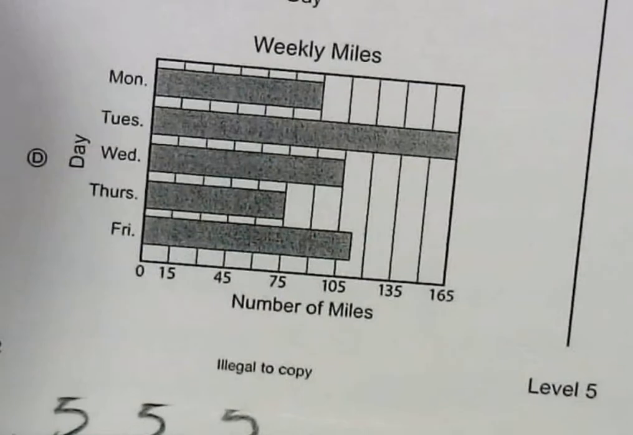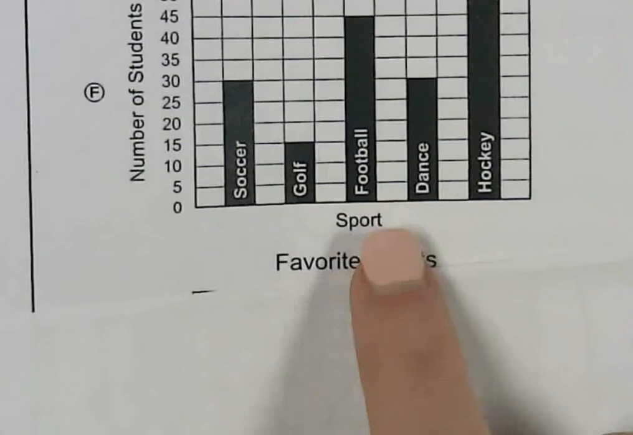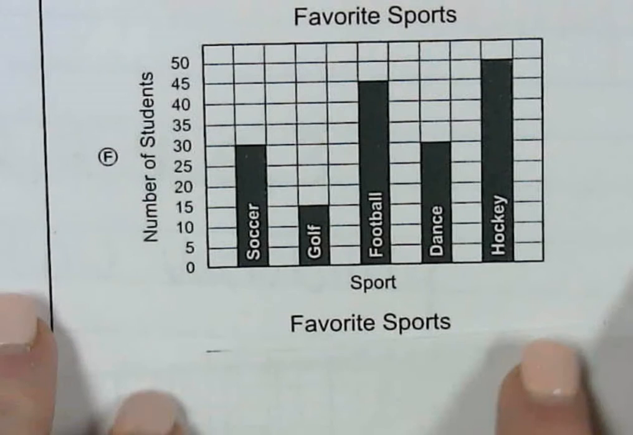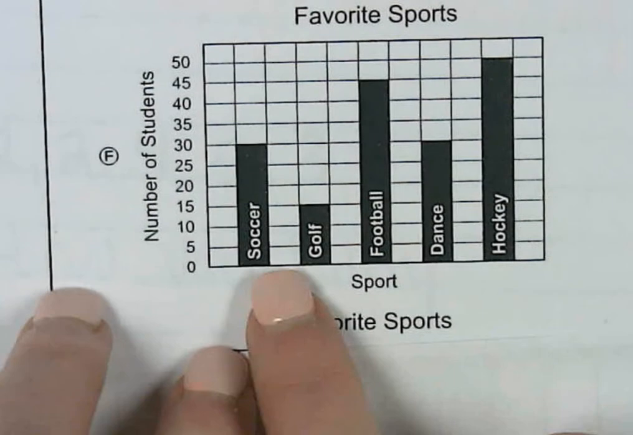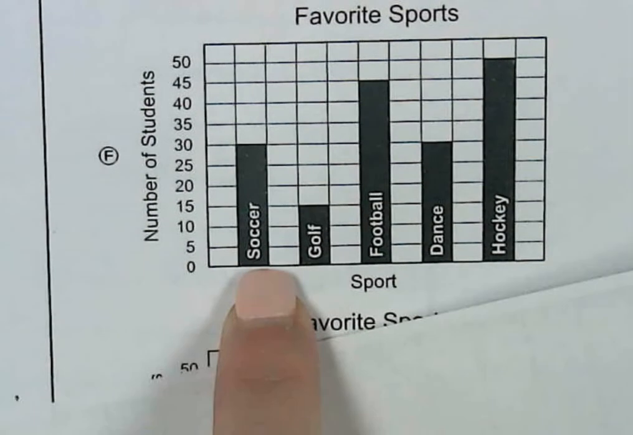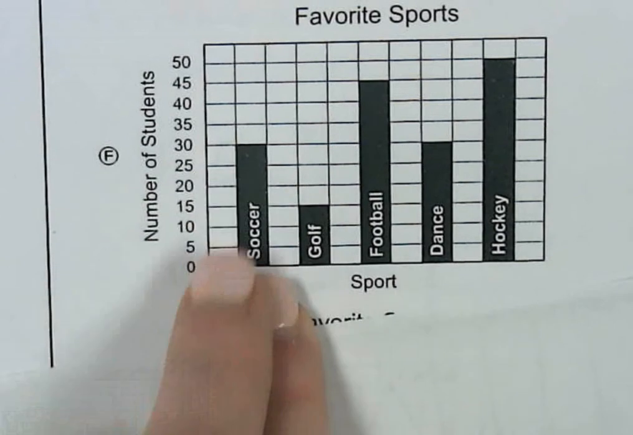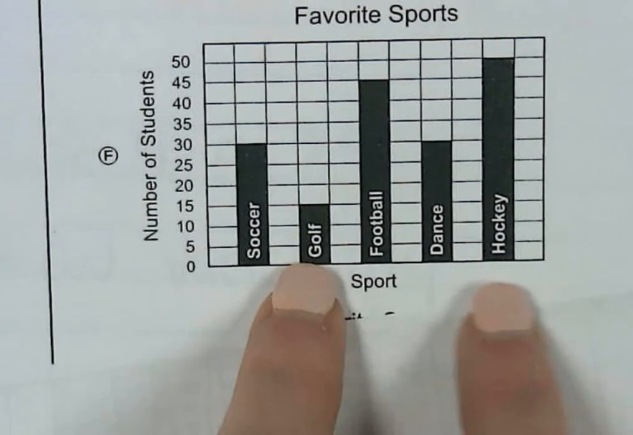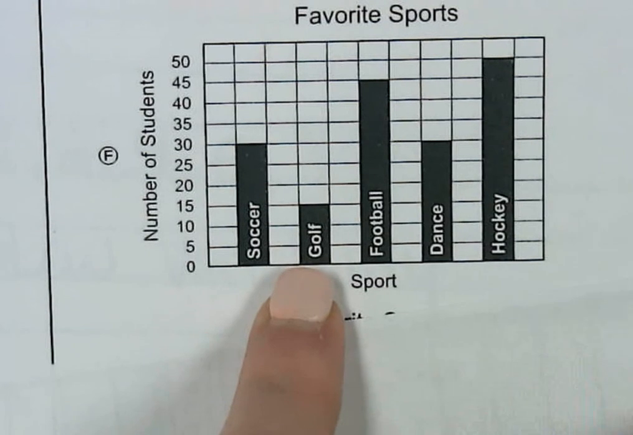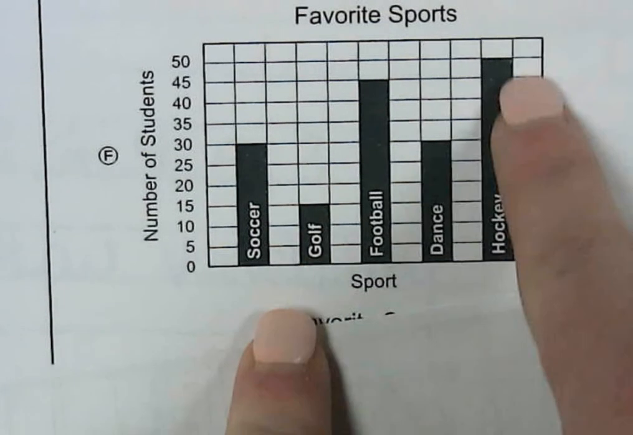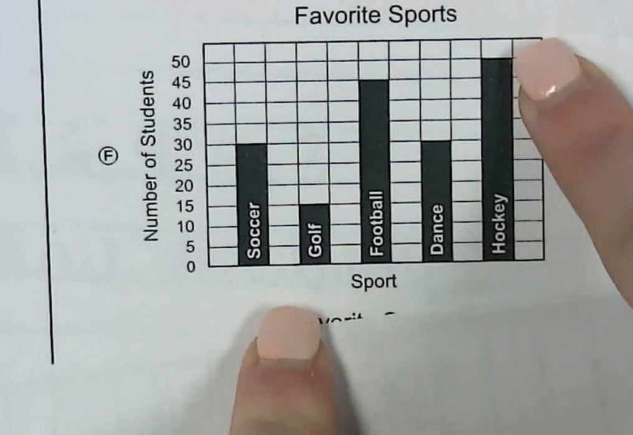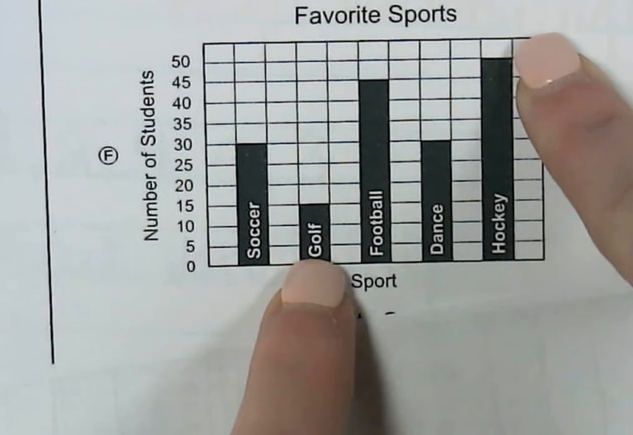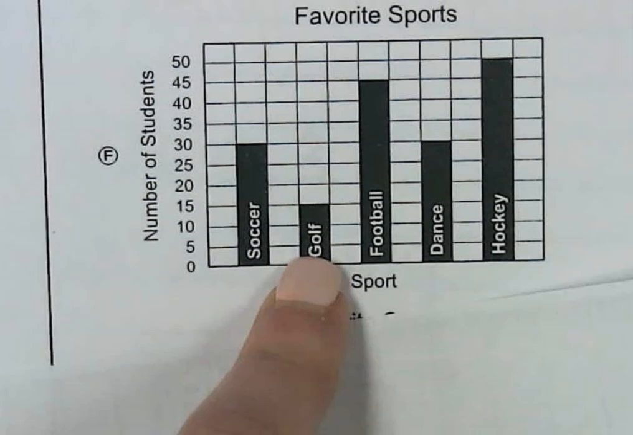And let's look at one more. Bar graphs are easy to tell. Favorite sports is the title. So for soccer, it looked like 30 students voted for soccer, 15 students voted for golf. Our highest one was hockey. That's surprising. Hockey, up to 50. Golf, 15. So if you found the difference or the range between those two, I'd say there's a pretty big